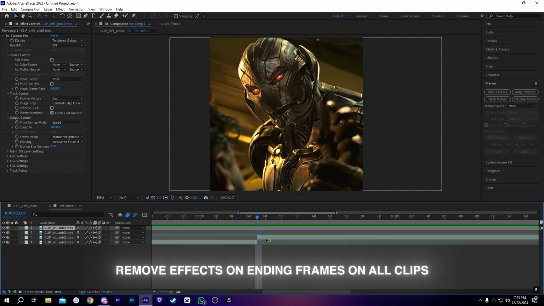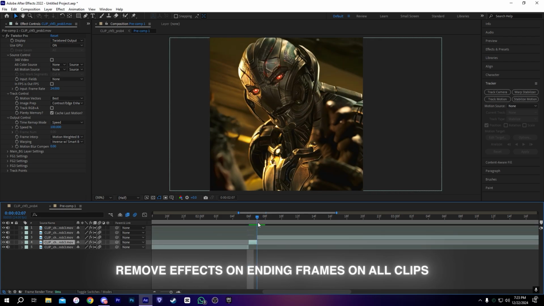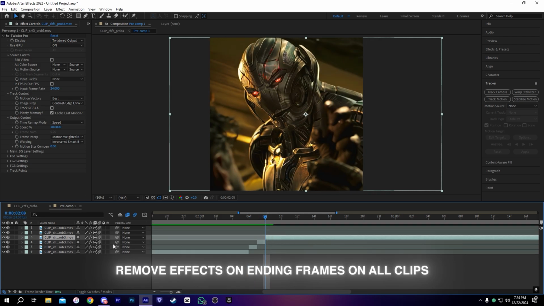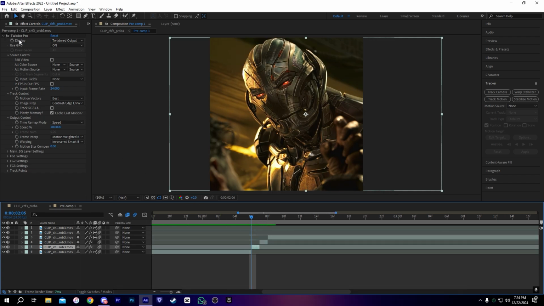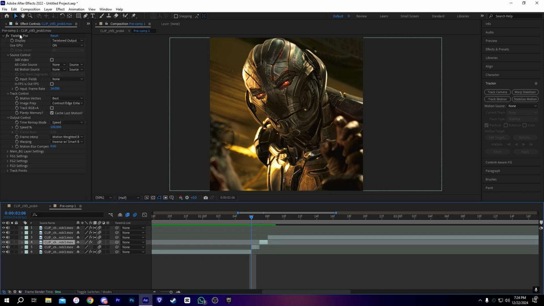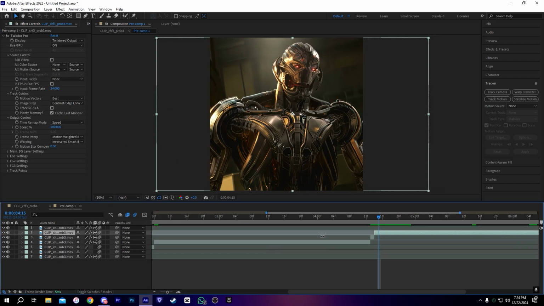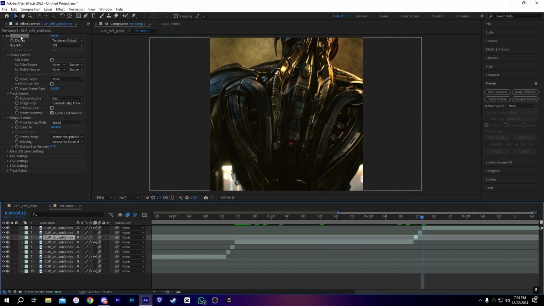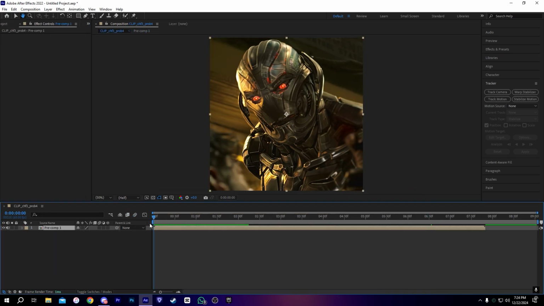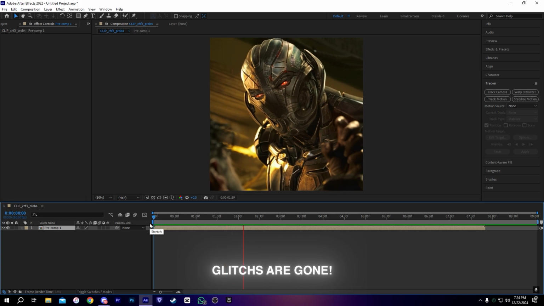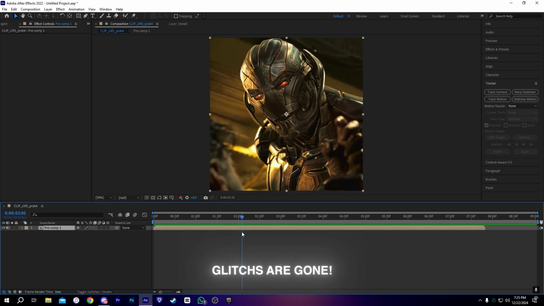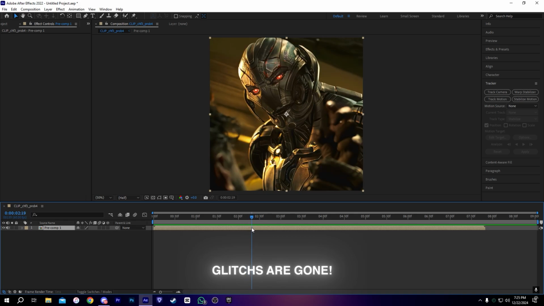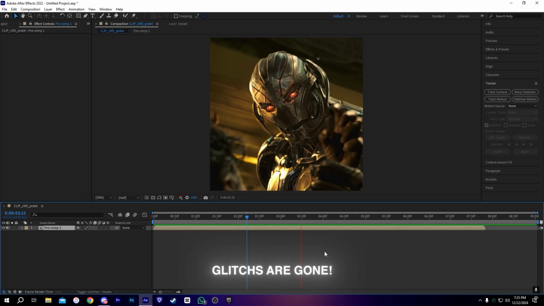To fix that, all you have to do is go inside the pre-composed clip and cut one frame on each scene and disable the frame blending on them, and also remove the Twixtor on them on one frame each, just like this. Do this to other clips also. Remove the effects on them, and now let's check the preview. You can see there are not many glitches left. It's completely pure now, and we don't have any glitches,